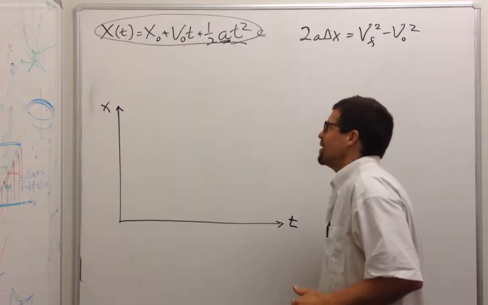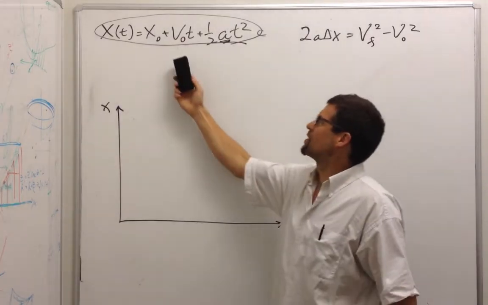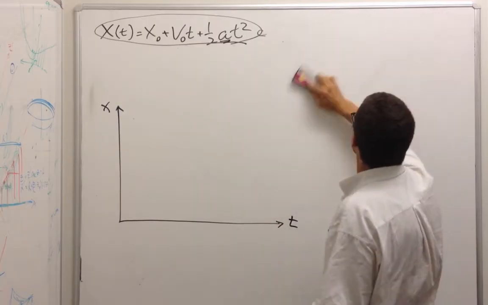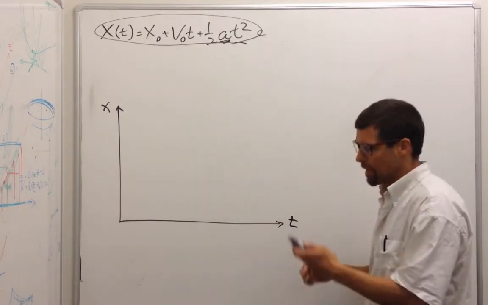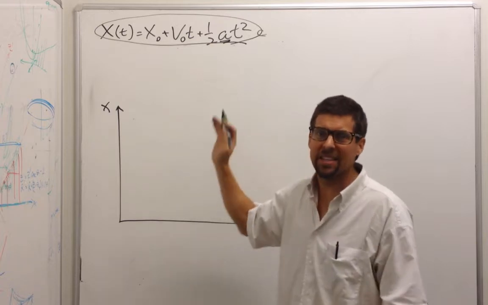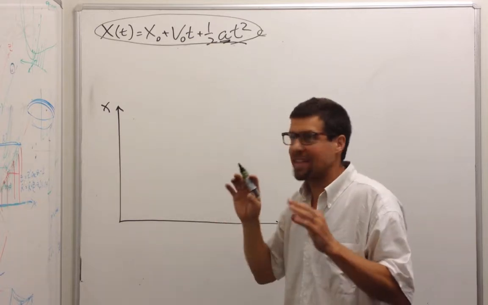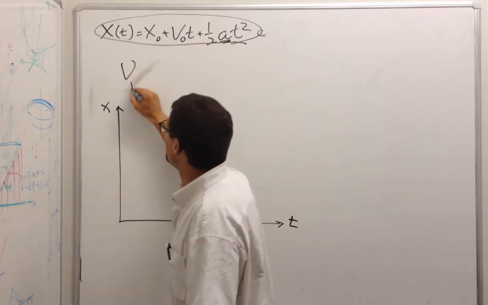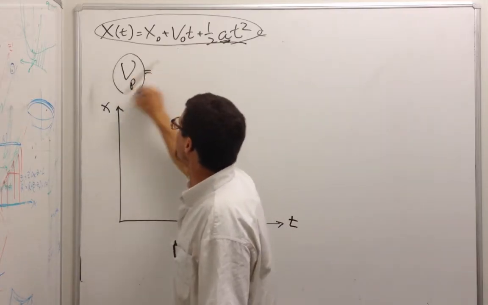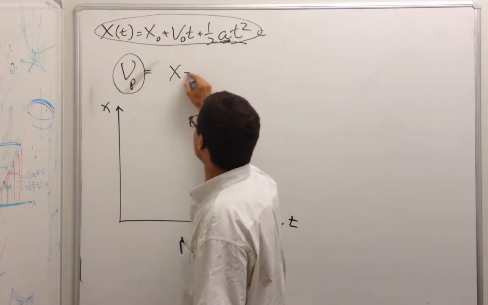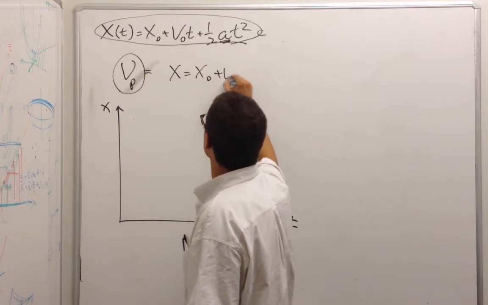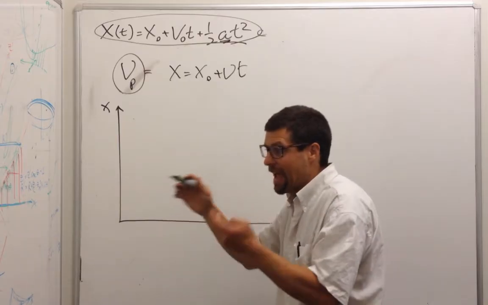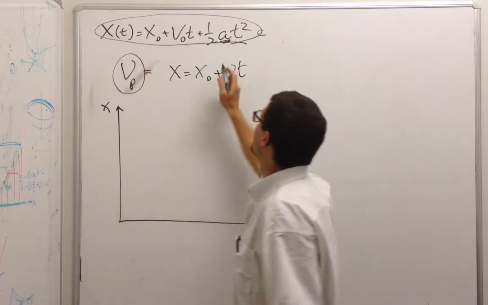Check it out. There's really only two kinds of physics questions I can ask you about this formula, and it'll come in handy. This one, never. Forget it, it's just trouble. This is utilized for the classic physics question of, does the cop catch you, or when does the cop catch you speeding? I imagine I'm speeding. I'm going some speed vp. So my displacement is equal to some x naught plus vt. I'm just speeding down the road and I pass a cop, and in a moment he starts up